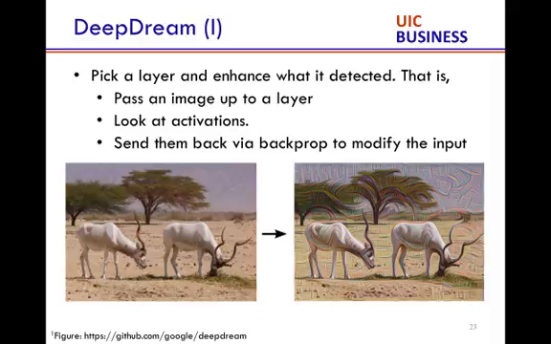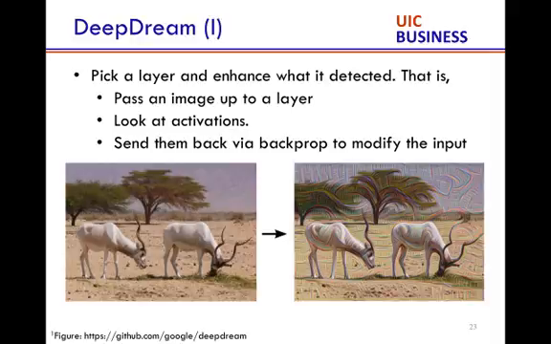Is it like the applications like Prisma? Prisma, as in modifying the image? Yeah. No, the second thread we're going to look at is related to Prisma, I think. So this is just trying to understand what the CNNs do. That's the meta objective. But here we are trying to see what the